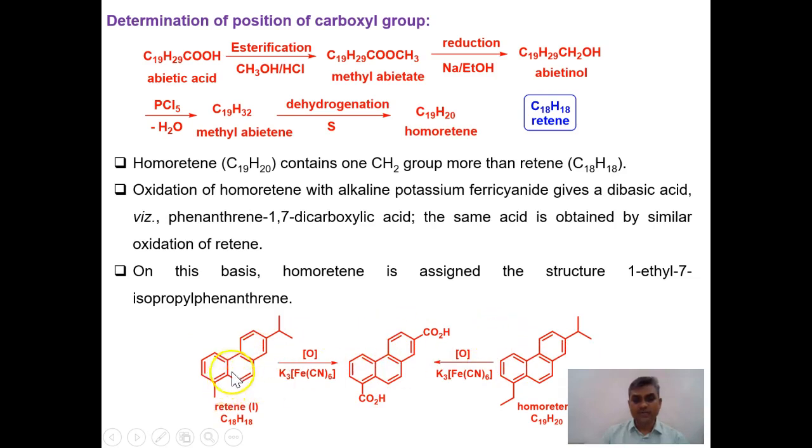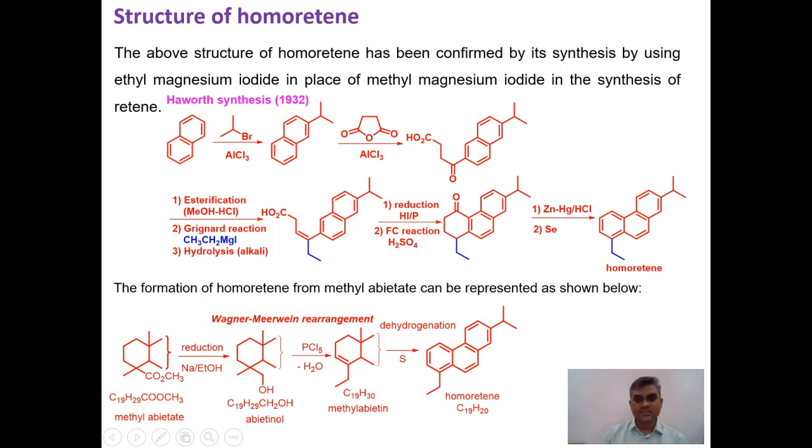Retene contains one carbon atom less than that of homoretene. Therefore, one may assume that here is our additional carbon atom, an ethyl group here, and that is the structure of homoretene. Further support for the structure of homoretene comes from the Haworth synthesis,